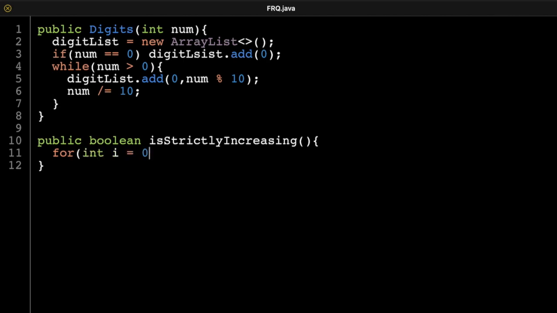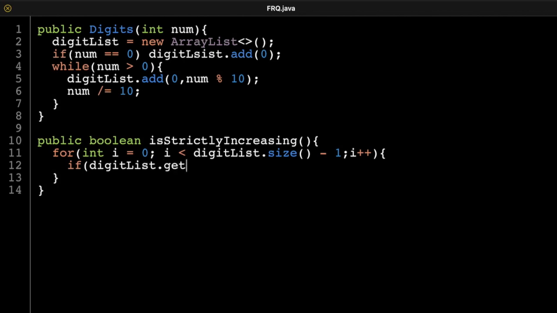So for int I equals 0, I is less than digit list dot size, because we got to go through all of our digits. I plus plus. Oh, and because I'm going to be doing look ahead, I want to make sure that I subtract 1, because if you're going to do look ahead, you just make your for loop go 1 less than you normally would. So then I'm just going to say if digit list dot get I